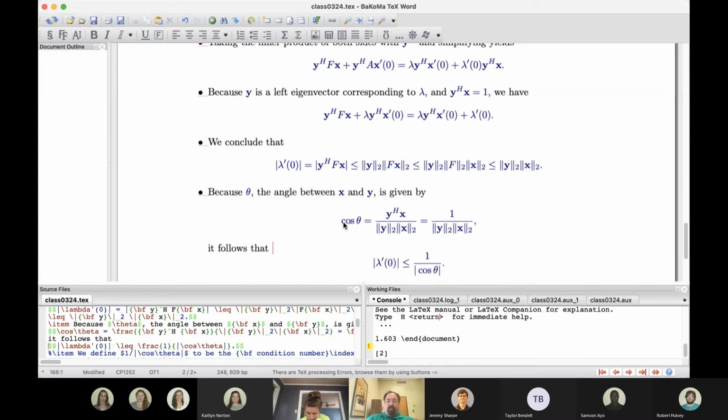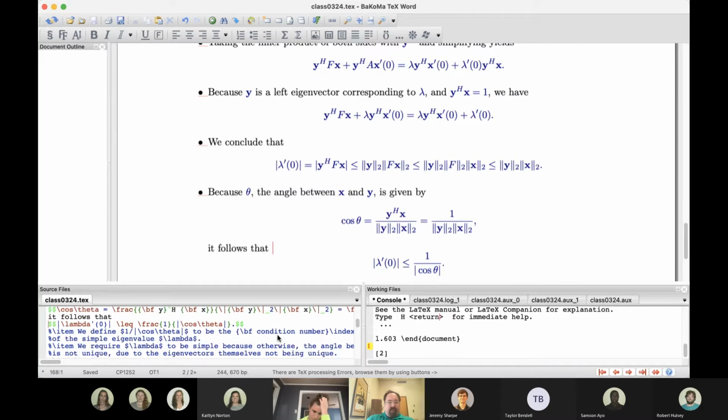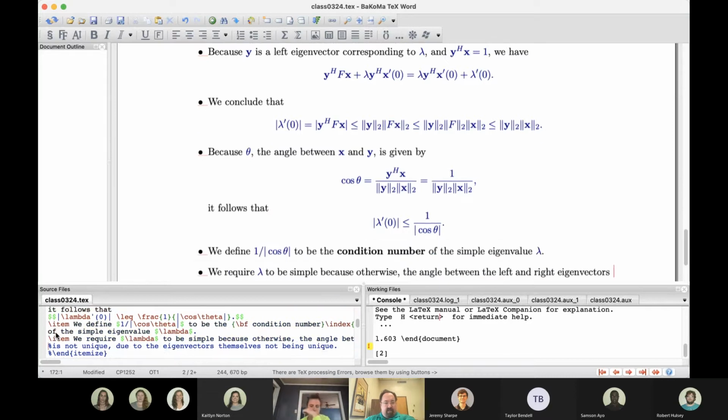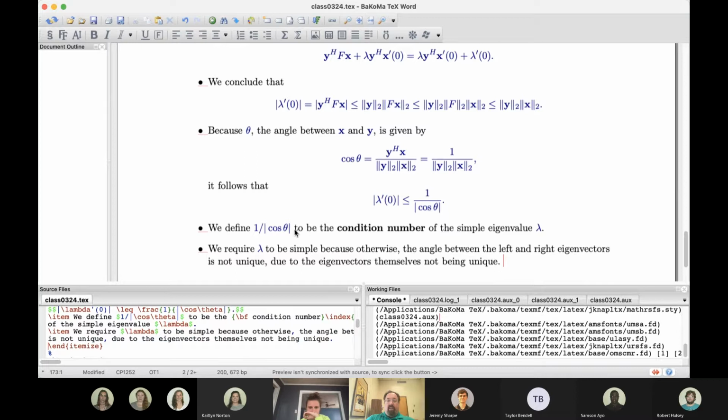Now, the angle between x and y is given by this. It's the inner product divided by the norms. Well, the inner product is assumed to be 1, so now I have this. So in other words, the derivative of the eigenvalue is less or equal to 1 over cosine of the angle. Okay. So this quantity, 1 over cosine, is defined to be the condition number